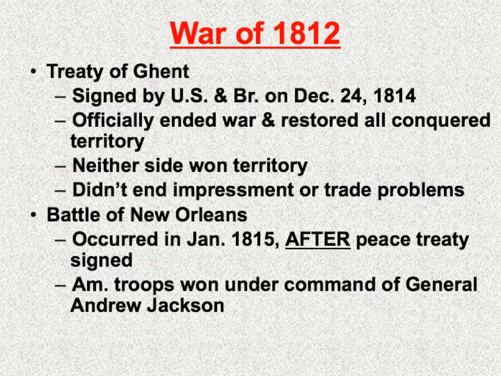Okay, so the end of the war: the Treaty of Ghent is going to be signed on Christmas Eve of 1814 between the United States and Britain. It officially ends the war. Neither side really wins anything territorially, and it doesn't even really deal with the idea of trade problems and impressment of our sailors. But after the war is actually over with and the treaty signed,